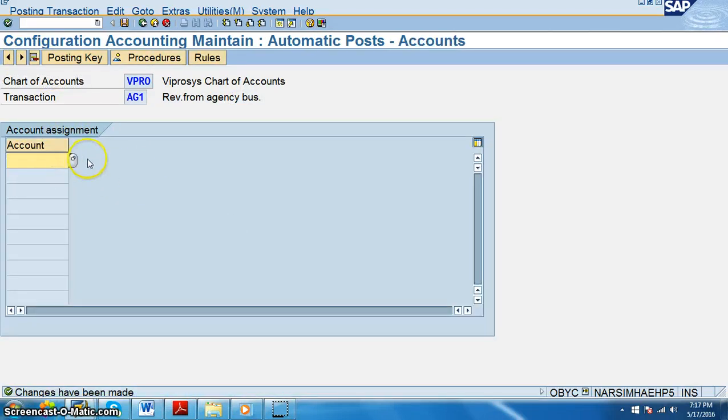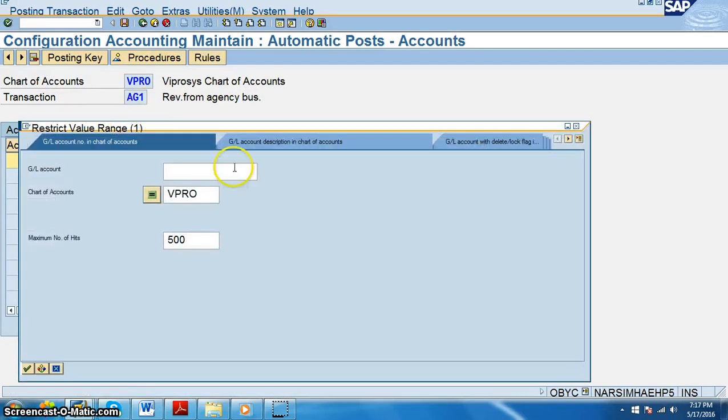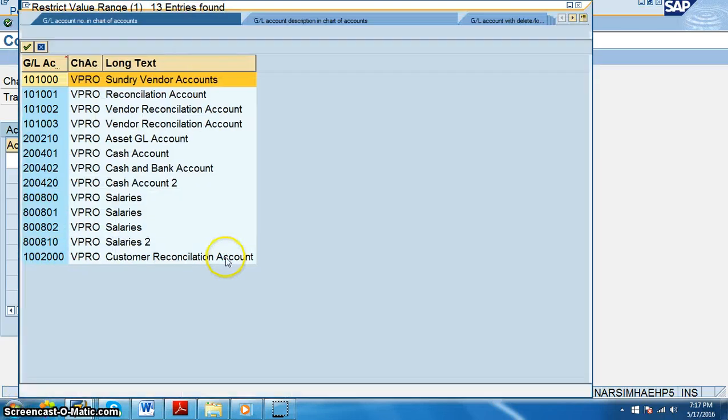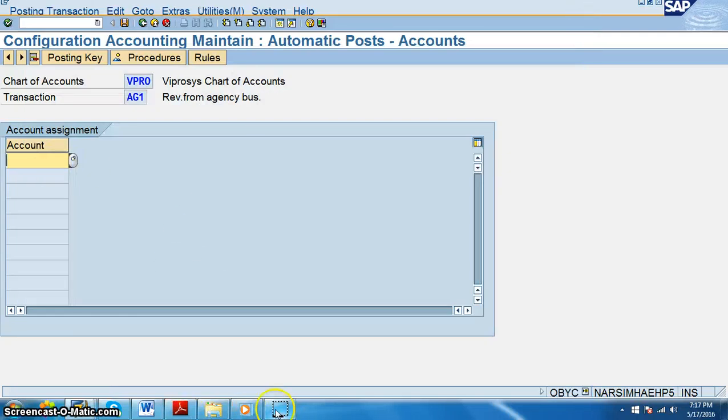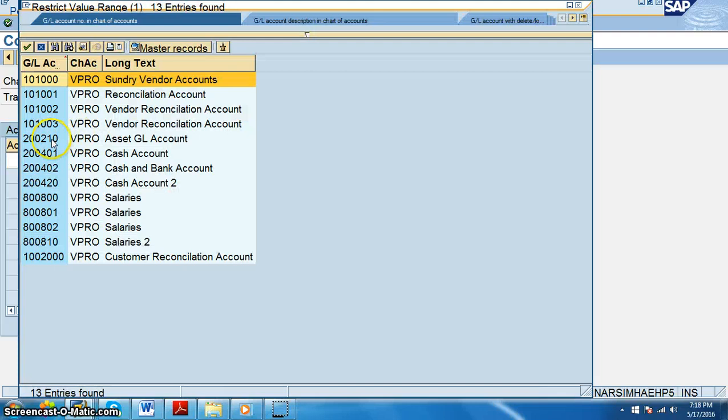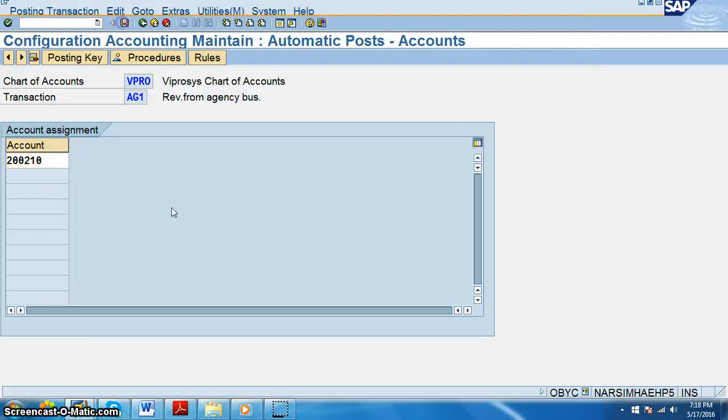So we can have an account number here. We can assign an account number for this. Okay, so the account number that we have to maintain here is the account number that we just now created. We actually created account numbers individually for each and every process here, automatic postings. So we'll take the asset GL account here and just say save.